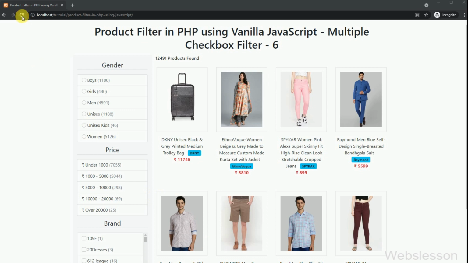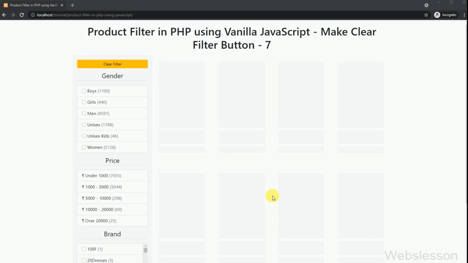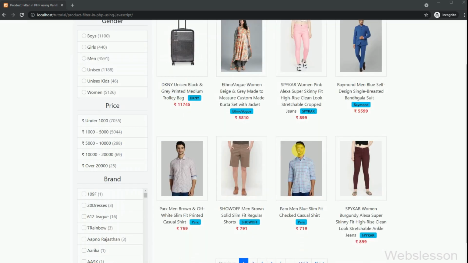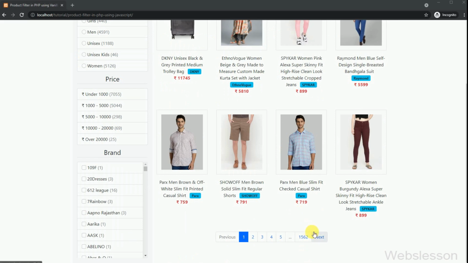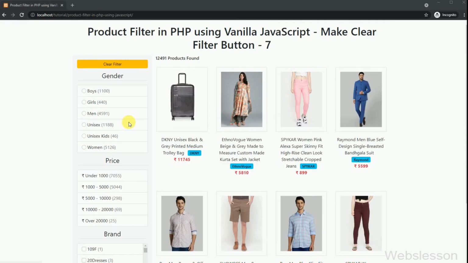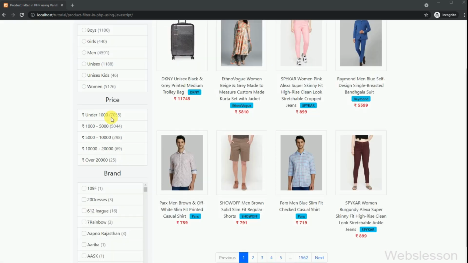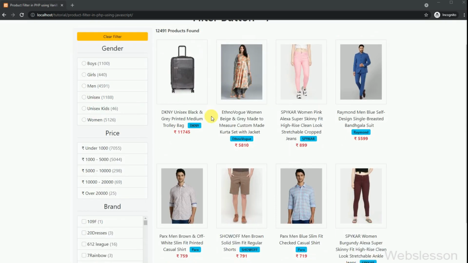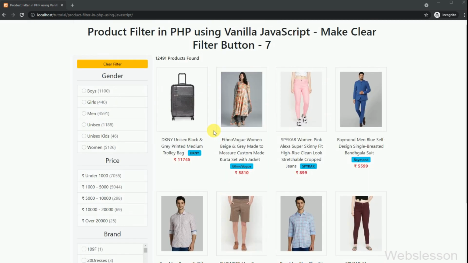Friends, first we refresh the web page, and after refreshing the web page, here we can see that more than 12,000 products have been loaded, with pagination link, radio button filter, price range filter and checkbox filter, and above the radio button filter, we can see that the clear button has appeared. To check the functionality of the clear filter button, first we use all filters to filter products on the web page.